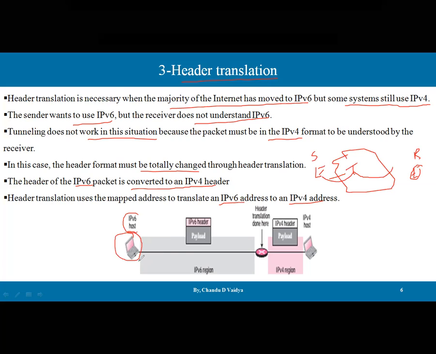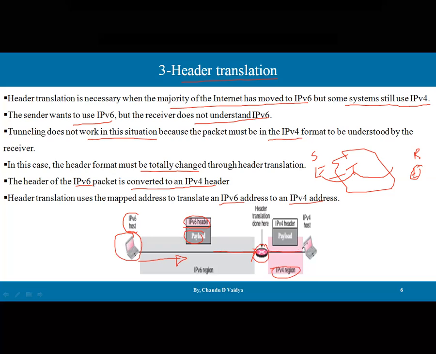Then it's sending the packets in the region with IP version 6 terminology, where the payload, that is the message, is going to be encapsulated with the IP version 6 header. Then once it reaches somewhere, let's say a router, that router connects to a host in another region, which is IP version 4. So this router must have the capability to translate this address and understand these terminologies,